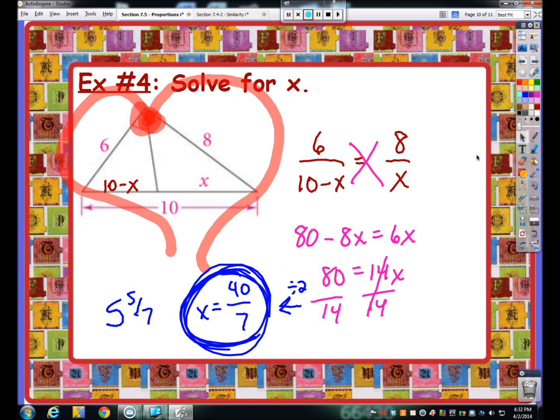Don't give me the crazy decimal, because if you put this in your calculator and do 40 divided by 7, you're going to get 5.714285714, and there's really going to be no end to that decimal. Don't round it. Give me the exact answer. Give me the fraction, preferably the improper